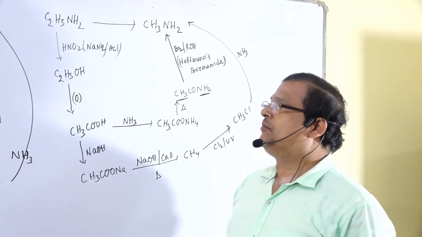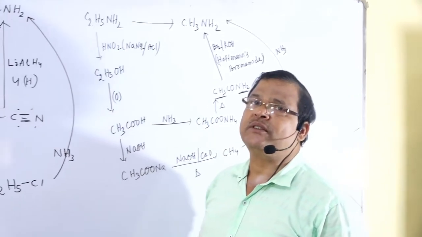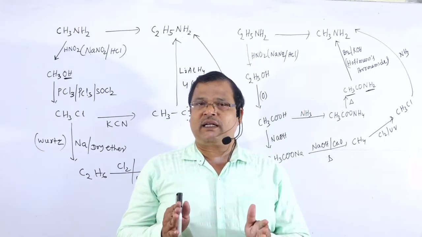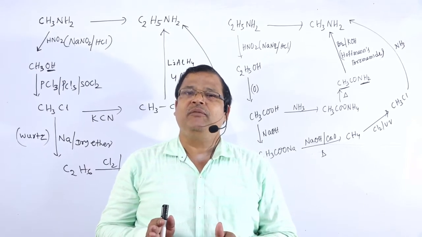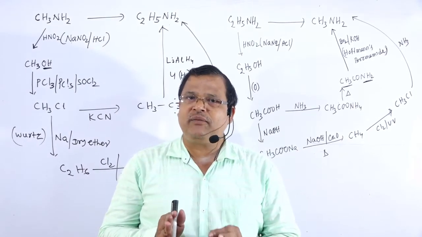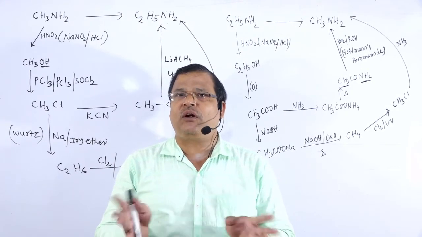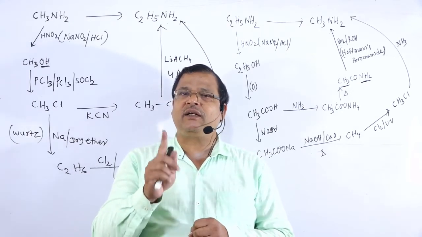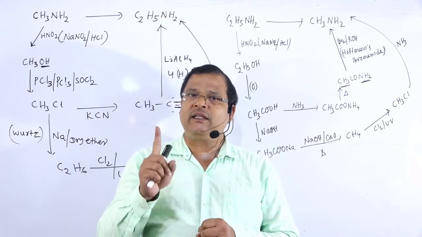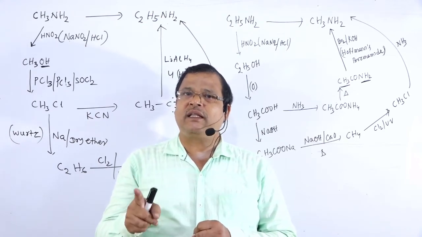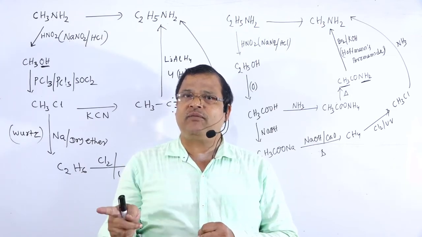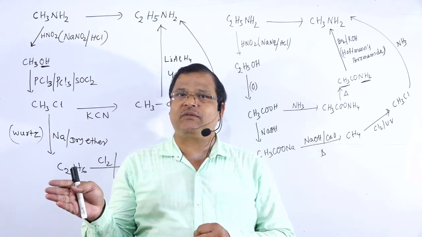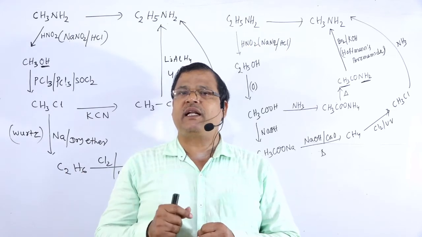So these are the methods of how to increase and decrease the number of carbon atoms during organic conversions. We will discuss that in a separate chapter; I have given only one example of how to decrease and how to increase the number of carbon atoms. Basically, the carbon chain is increased either by the Wurtz reaction, that is, the reaction of the alkyl halide with metallic sodium, or by the reaction of alkyl halides with potassium cyanide, where RCN will be formed. These two methods are adopted.